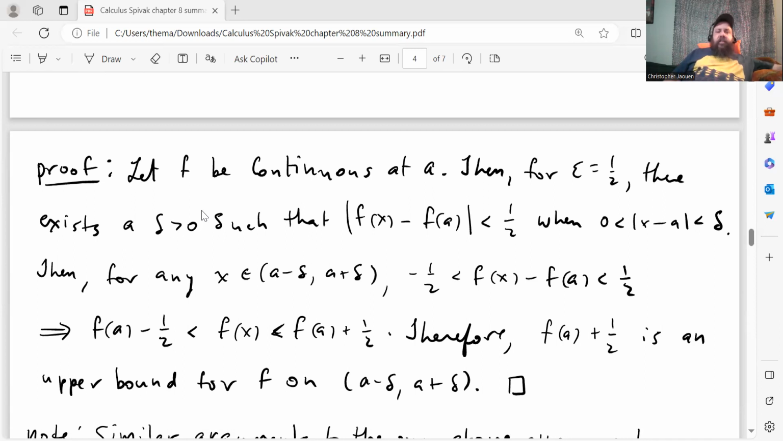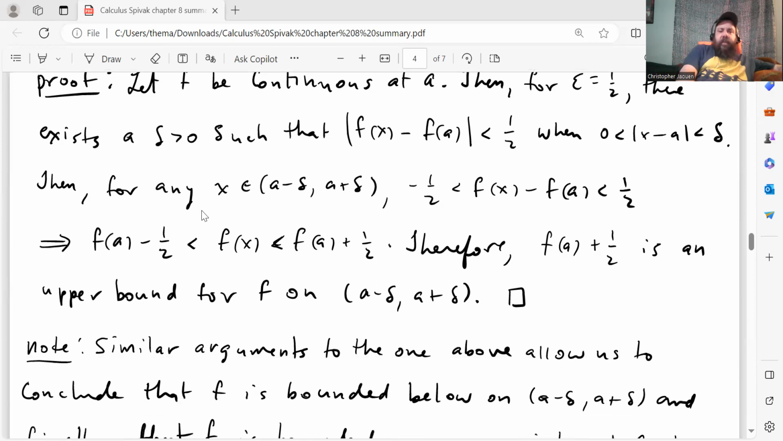Then for any x in the open interval from a minus delta to a plus delta, minus 1/2 less than f of x minus f of a less than 1/2. That's just the compound inequality that's equivalent to the absolute value inequality that we had on the previous line. All right, and then you can add f of a to all three sides. So f of a minus 1/2 less than f of x less than f of a plus 1/2. Therefore, f of a plus 1/2 is an upper bound for f on the open interval from a minus delta